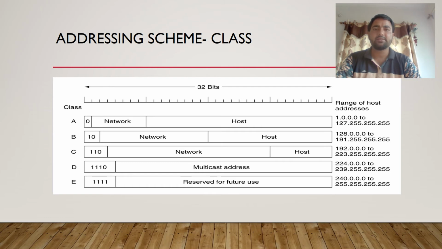Then comes the addressing scheme. The IP address is actually divided into five classes: class A, class B, class C, class D, and class E. In that, there are two categories. The first one is network, and the second one is host. So in class A, there are fewer networks and more hosts. Then, because the number of users was growing, a single network having that many hosts is particularly not required by any organization.